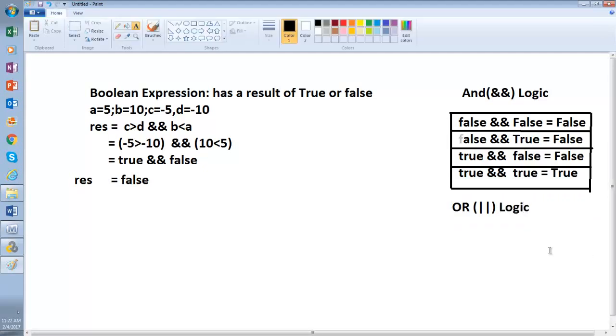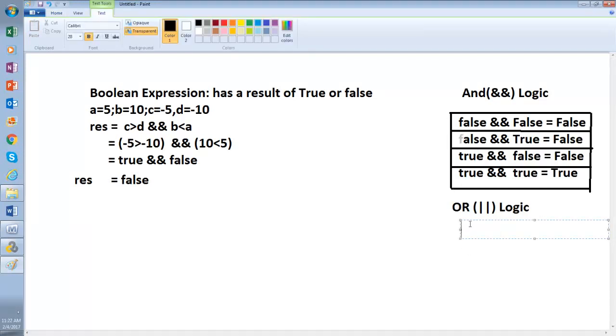Now let me again put false or false, equal to false.